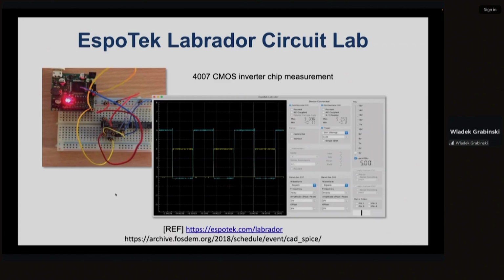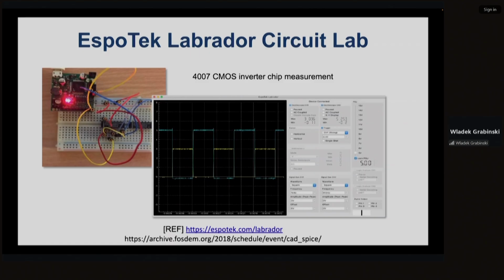Advanced test equipment is quite expensive, but you can start with open hardware test equipment for basic lab measurements. Here you can see a very small, postage-stamp size PCB with complete measurement equipment.